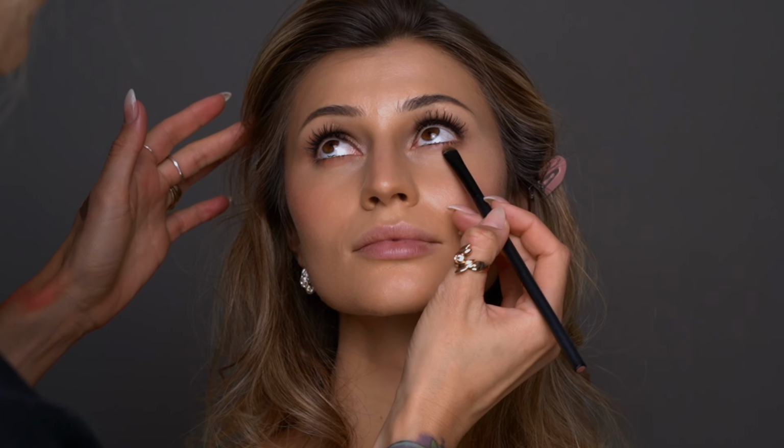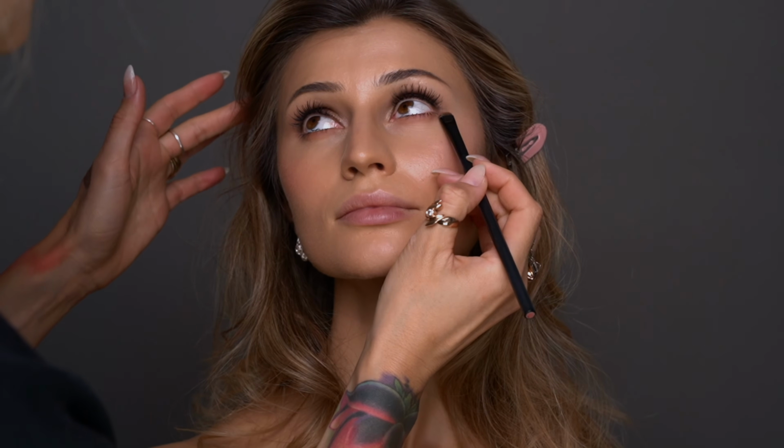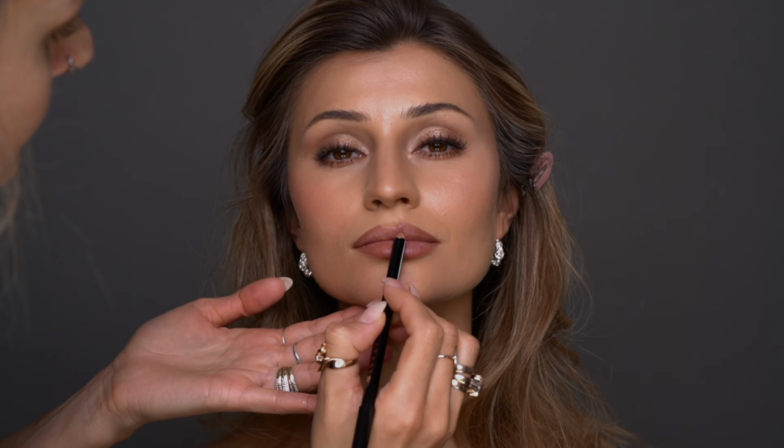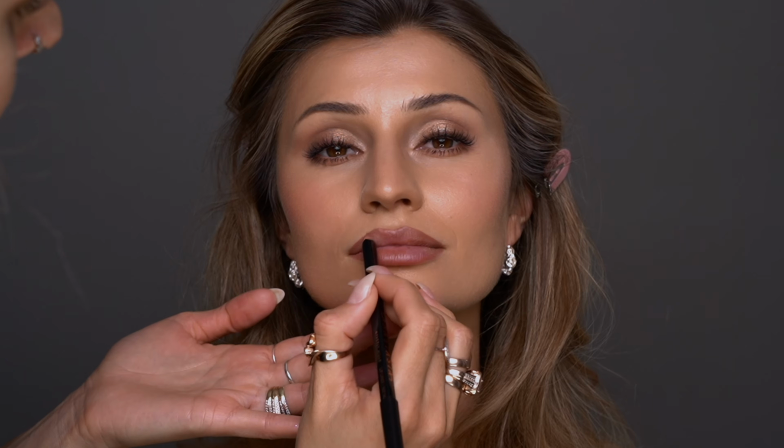And this will add a slight definition to the bottom lashes and also overall softness to the eyes and to the overall look. And as we are creating a soft bronzed look, I wanted to keep the overall colors in